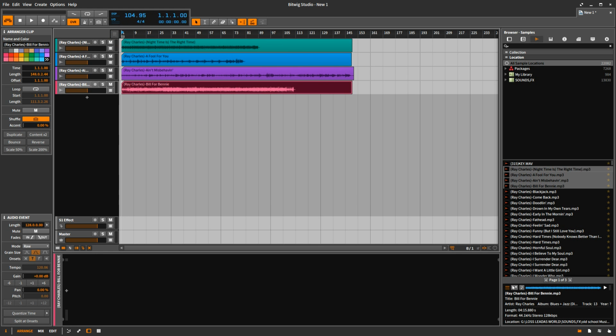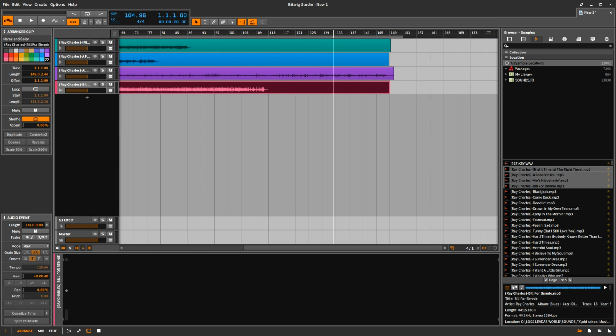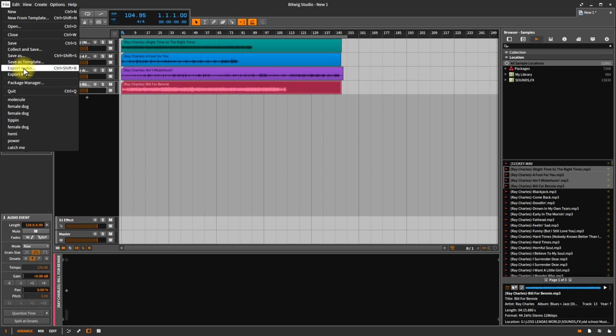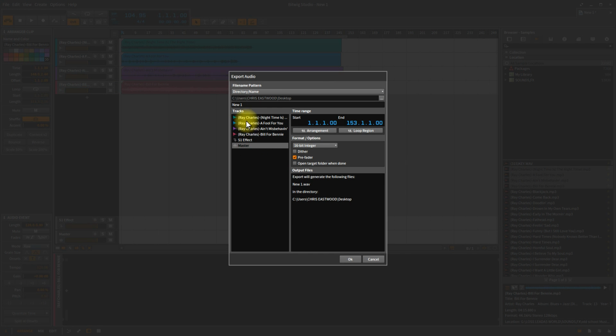And then what you do, you get the left locator and you bring that down. It can be a little longer or it can be even with it. It don't matter. And once you do all that, right, you go to File and in Bitwig you go to Export Audio. If you notice, you got 1, 2, 3, 4. Right? Now what you do,